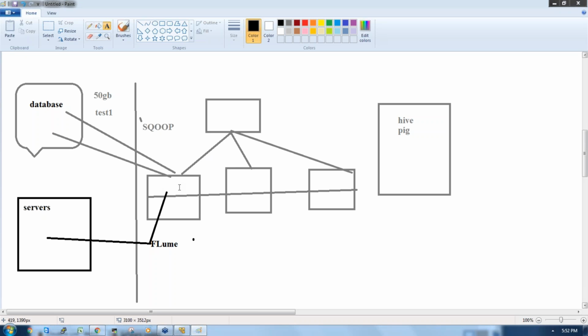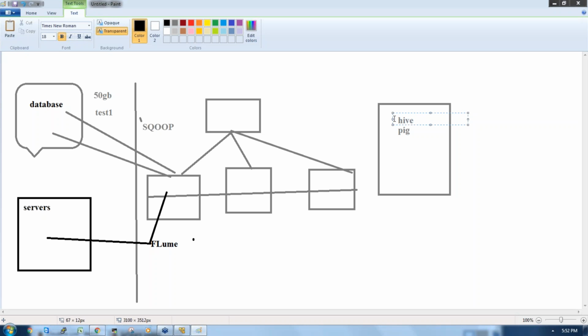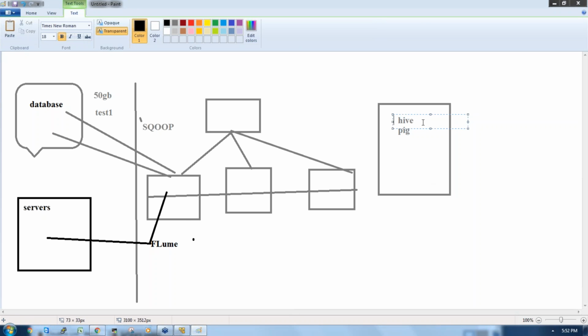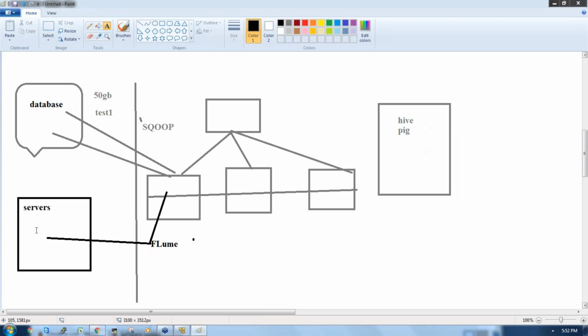cluster. Now once we get the data to the Hadoop cluster, then we process the data with Hive and Pig. As of now, don't think that Hive is a difficult program. Hive is like MySQL queries, right? The same select, alter, update, delete, insert, right? How we use them in MySQL, the same kind of statements we use in Hive to query the data. So we preferably use Hive to query the data. So now the data is available in the server, collect the data using Flume, make the data available in a Hadoop cluster, then process the data with Hive and Pig.